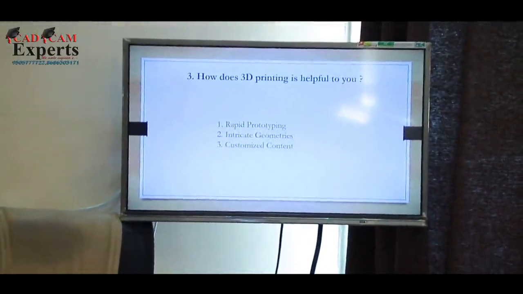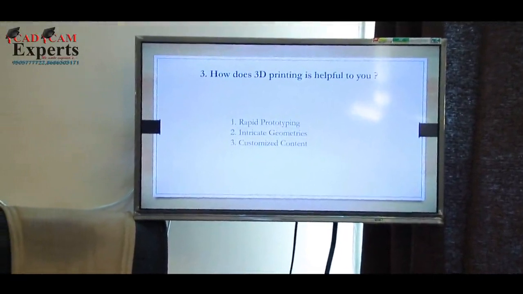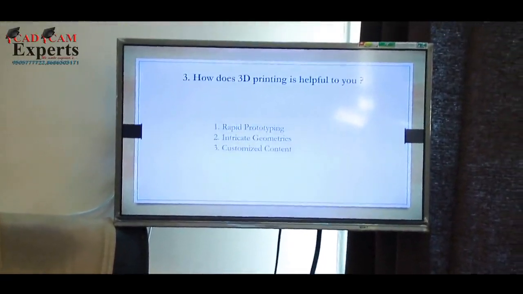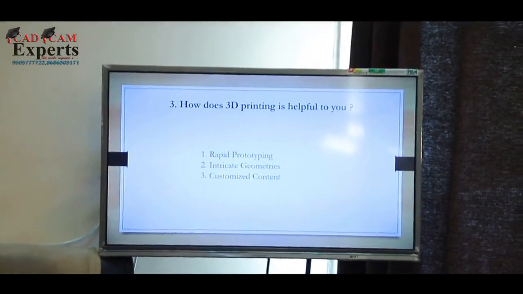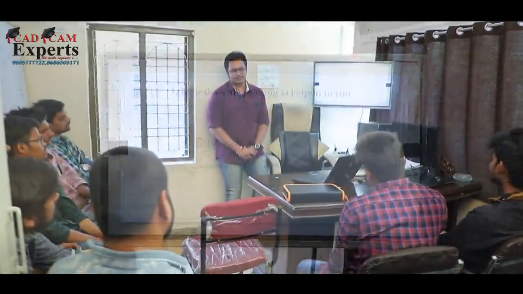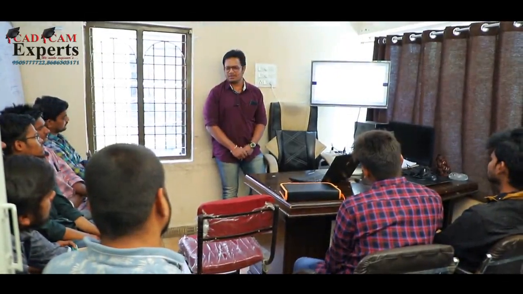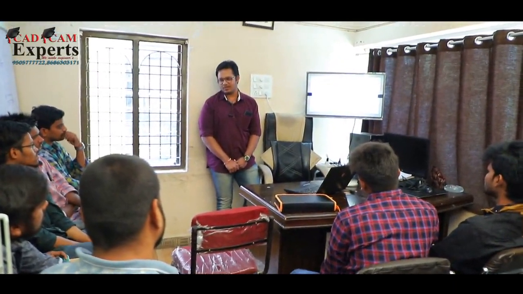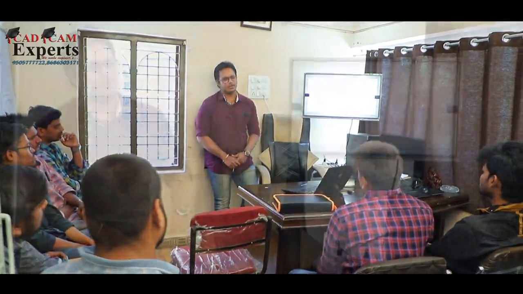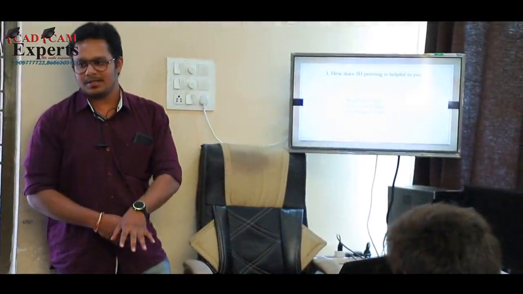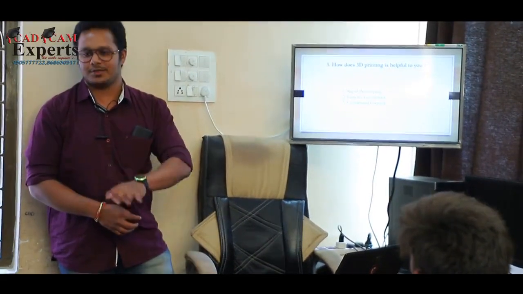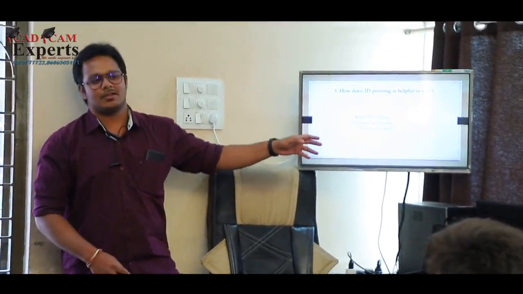And let us say after preparing a die, if you find that you want to make some small geometric adjustments, then again you have to prepare a new die for it. Difficult. Can you prepare a die for each and every geometrical object? No. There are certain geometries where you cannot. Of all the 3D printing technologies, FDM is the best and cheapest way of manufacturing whatever the requirement is. Remember this, FDM technologies.